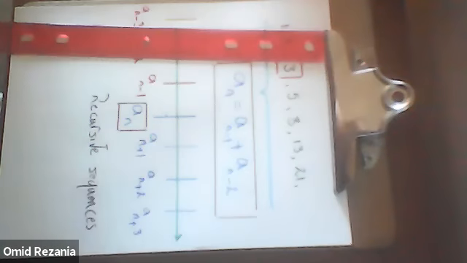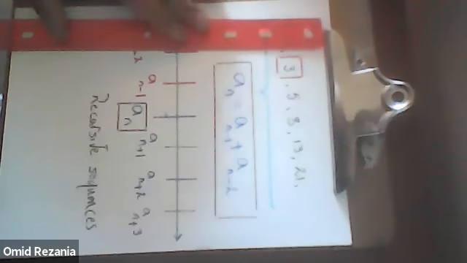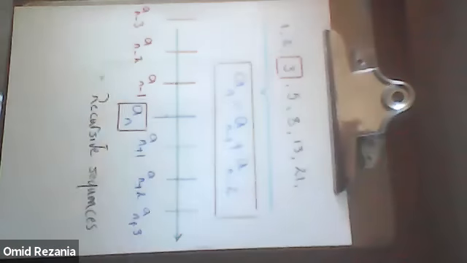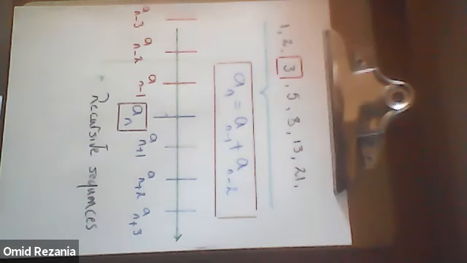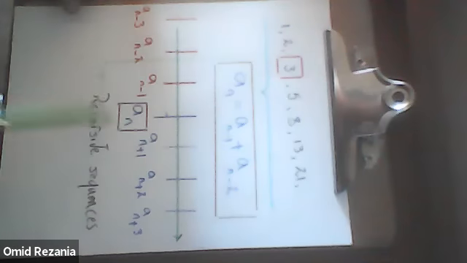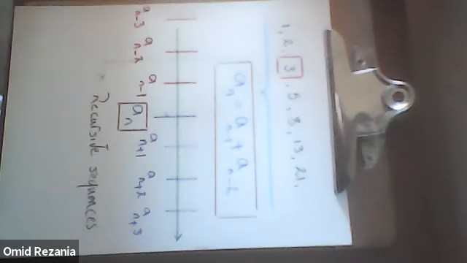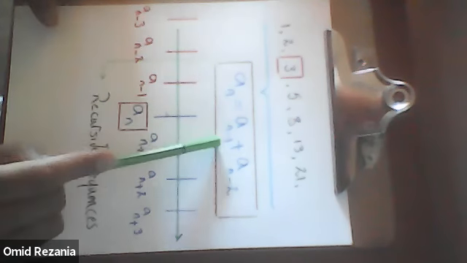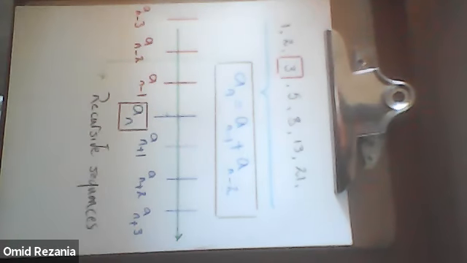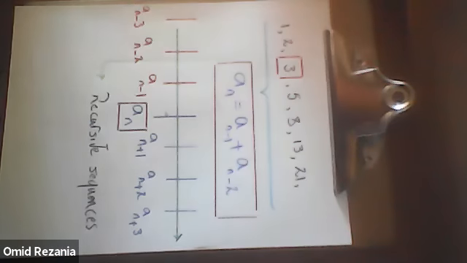In a way that, for example, by this sequence, we call these recursive sequences because in order to find any element of that sequence, we need the elements before it. Of course, we cannot express it in terms of the elements which come after, because we still cannot know what's going to